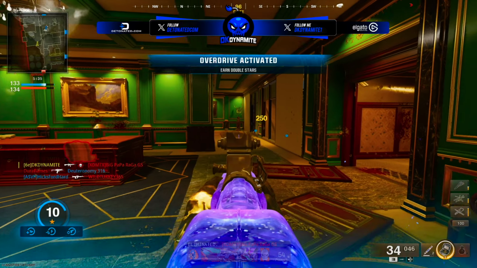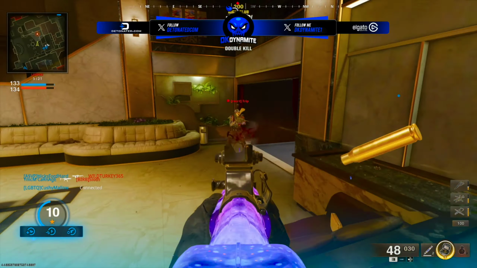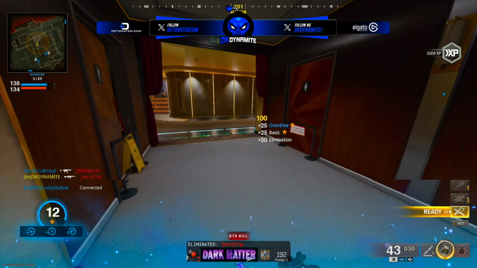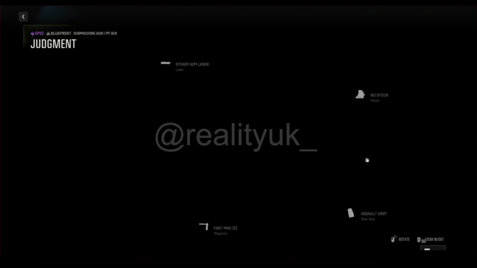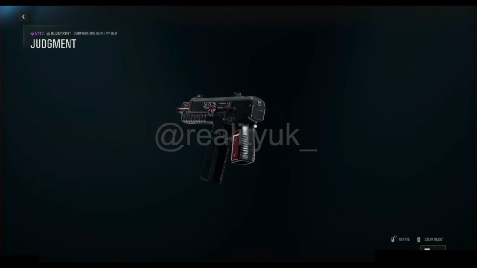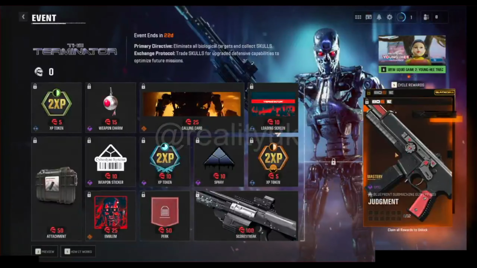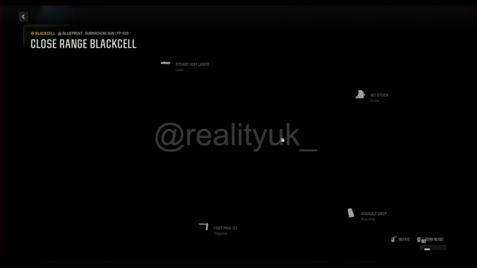Now, after you've gone ahead and claimed every reward as a part of this event, the mastery unlock is going to be the Judgment Blueprint for the PP919 SMG. If there's any footage or first-person gameplay of this in action, I'll be sure to clip it and show it on screen so you can see. But there's even a Black Cell variant of this blueprint also available to Black Cell Season 2 owners here within